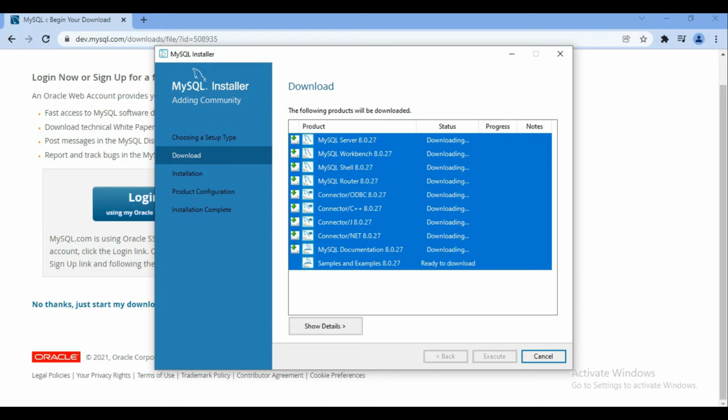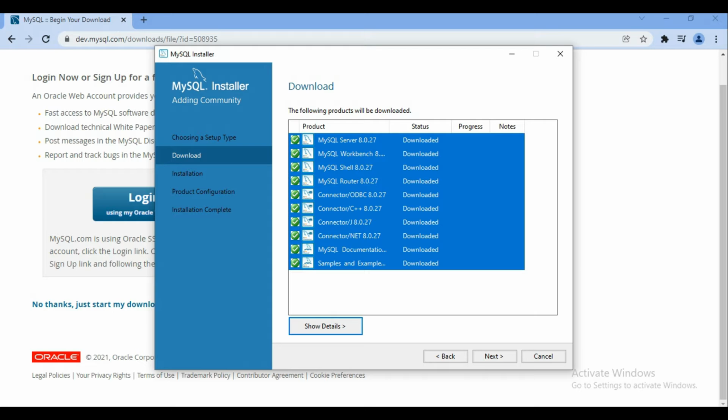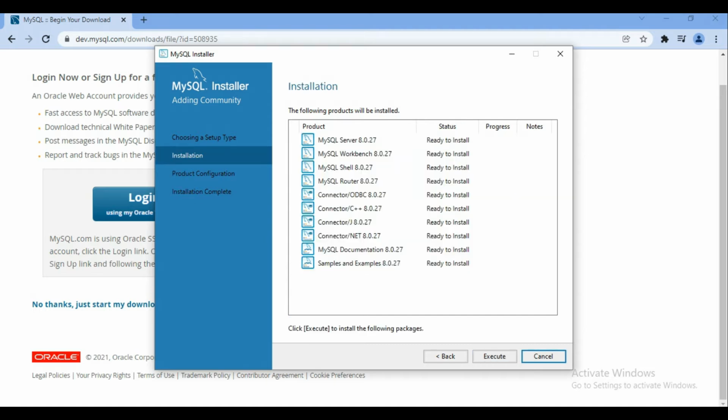After all the prerequisites for MySQL have been downloaded automatically, we'll click on next. Then again these will be installed, so it will take some time to install all the prerequisites that MySQL needs.